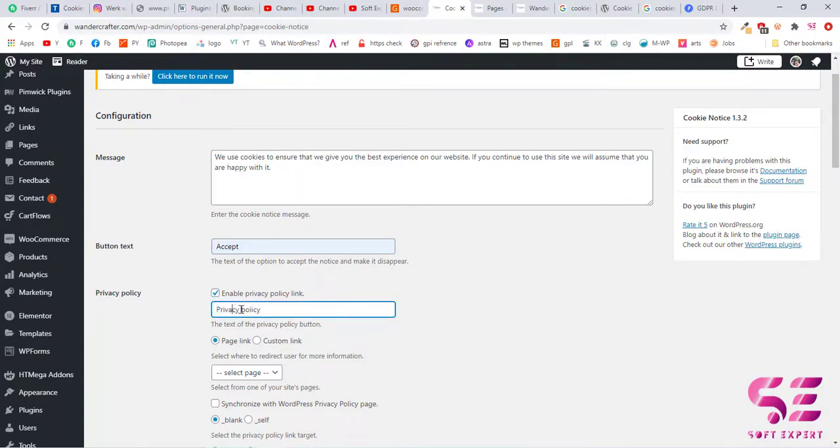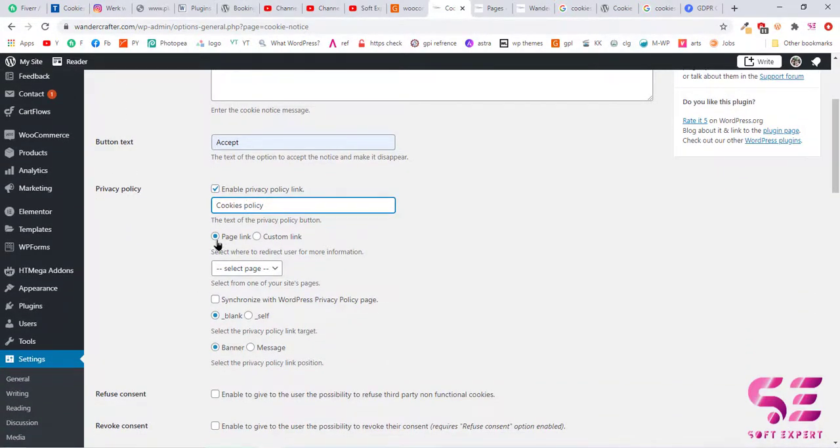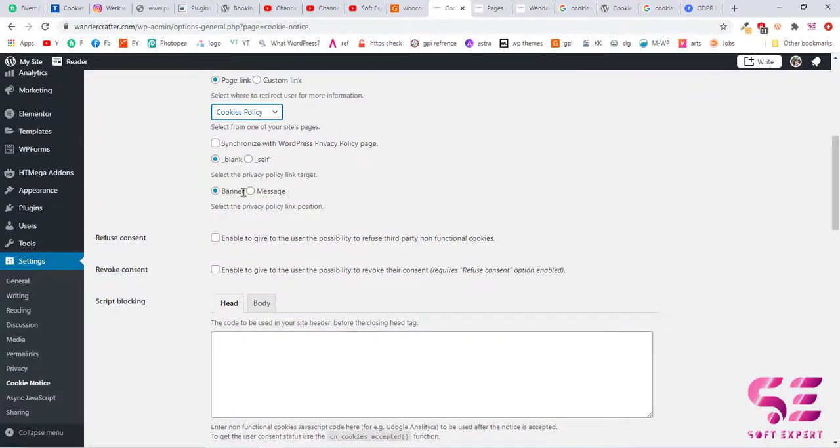I will change it to cookies policy. Now select page link and select that page. If you select blank here, then the cookies page will open in a new tab. And if you choose self, then it will open in the same tab.